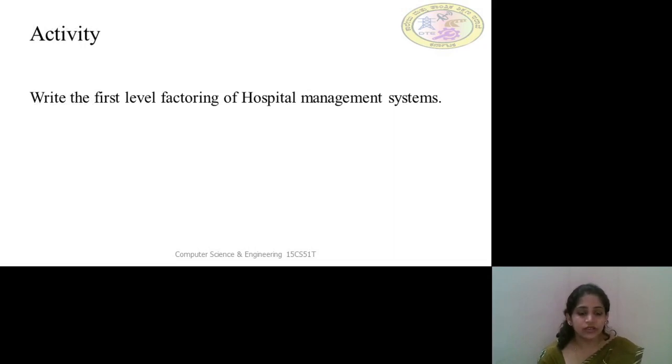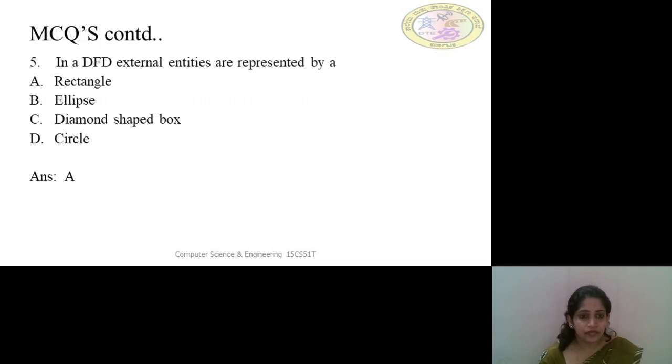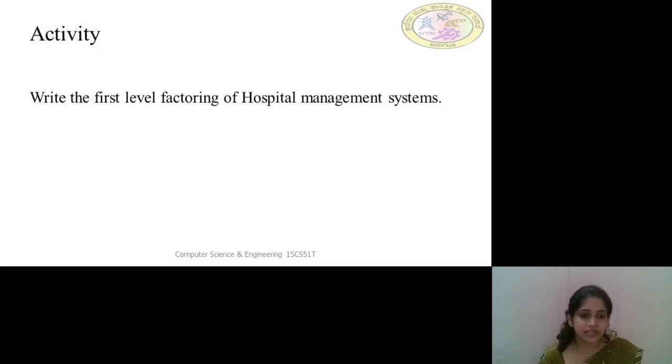Right. So these are the questions that we discussed with respect to the topic. A quick recap of what we discussed in this particular session: we took an example of a DFD of the word counting problem. Word counting problem means we have to identify the different words and increment the count. If it is the same word, then there will be no change in the count. For that we wrote a first level factoring, and saw how to identify the input, and how to get the abstract input and the abstract output.